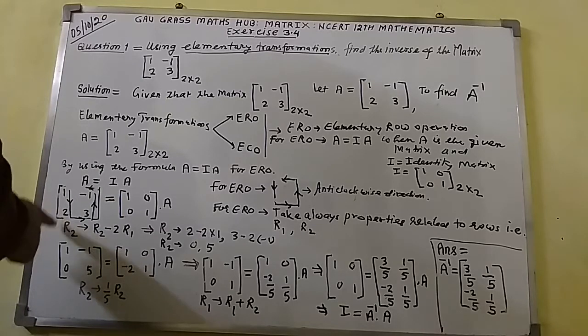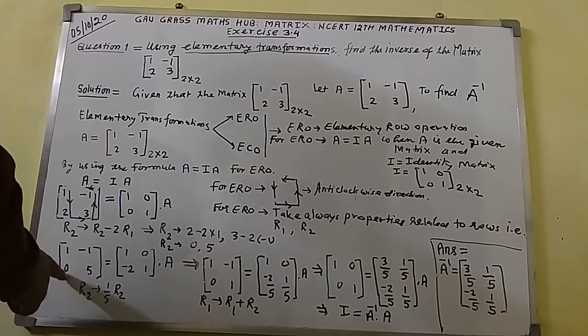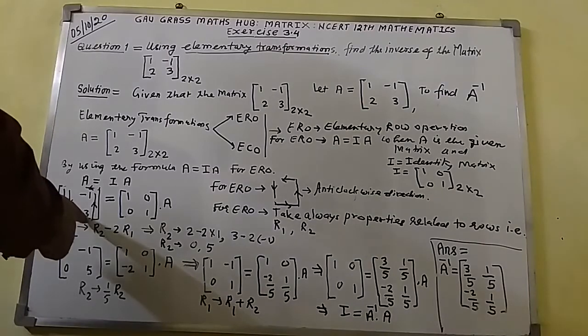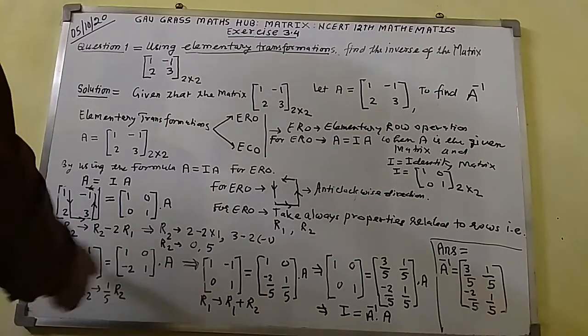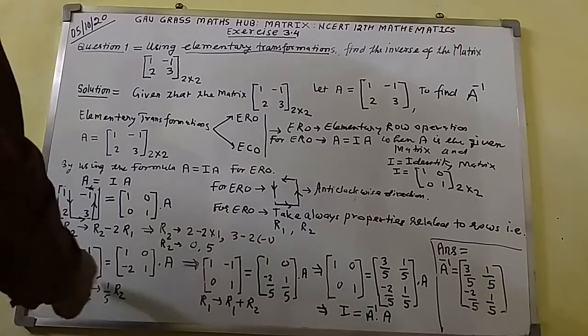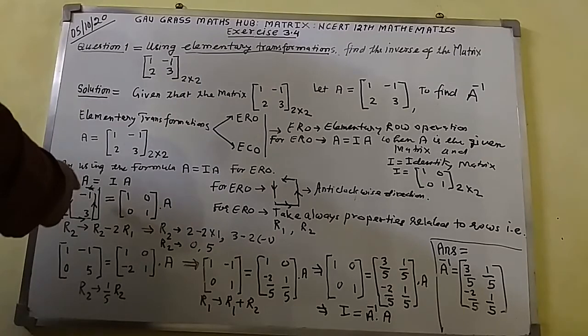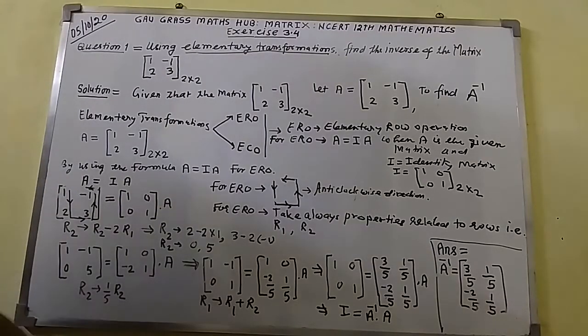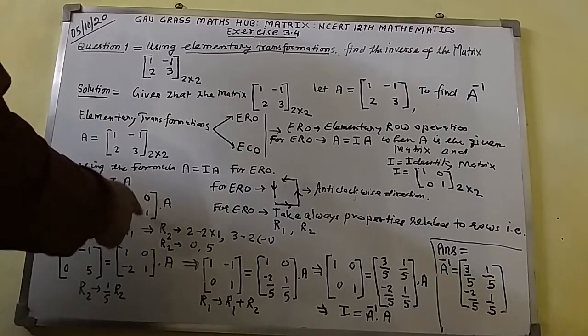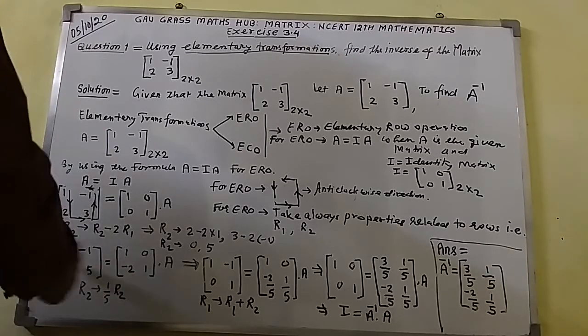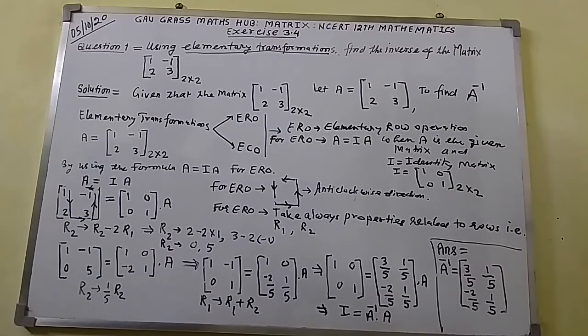This is the application of this property. You will get here 1, here 1. In place of 2 here, you will get 0 easily. And minus 1 is reflected here, and this 3 will be converted into 5. The rule is that whatever changes occur in the given matrix here, the same changes will also occur in the identity matrix here. The identity matrix will also be converted accordingly as per the given matrix. And here A is fixed.